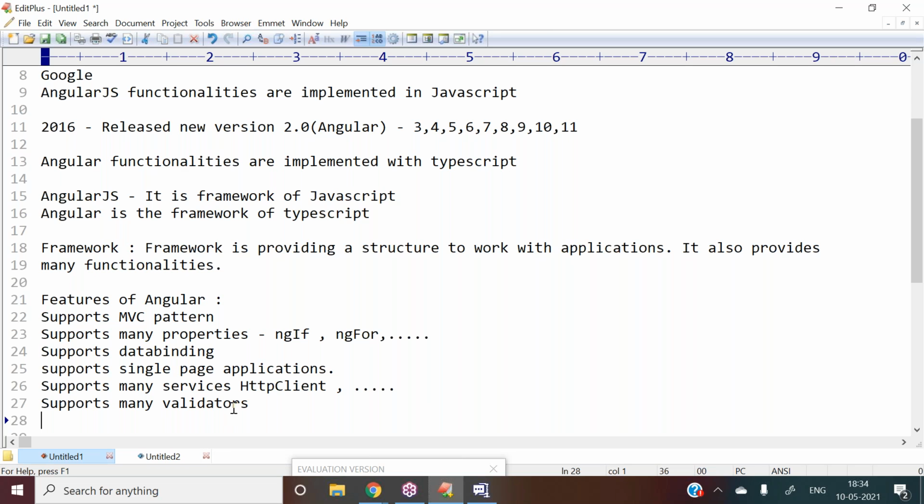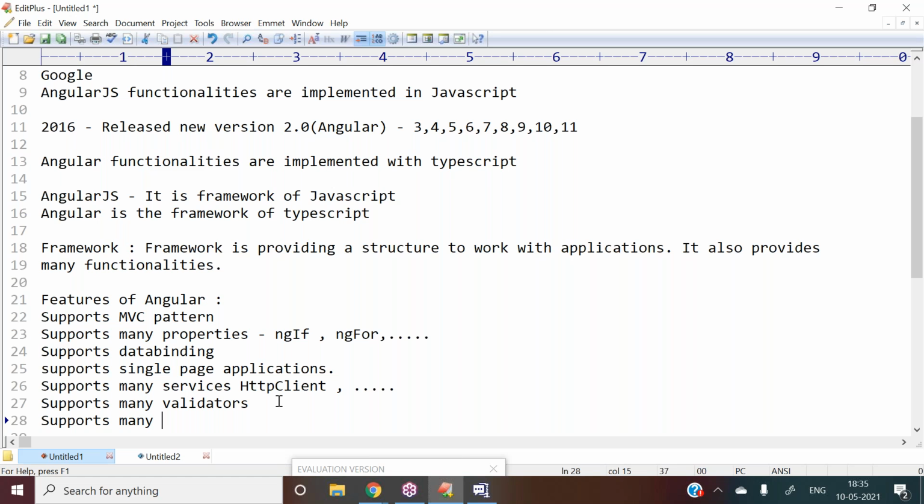So we are taking the support of JavaScript, but we have to write a number of lines of code. But Angular comes with different types of validation states. The states allow us to easily validate the HTML controls and to execute some logic when an error occurs. That is the concept of this. Okay, next one. Supports